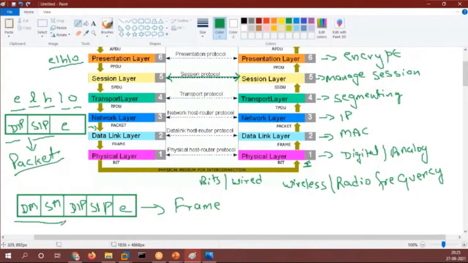So first it will check the destination MAC, because it is the address that we wrote while sending the data, that I want to send my data over there. So I will be sending the data through the data link layer by adding the destination MAC. Now the destination MAC is checked and it matched, yes, it is matching with mine.